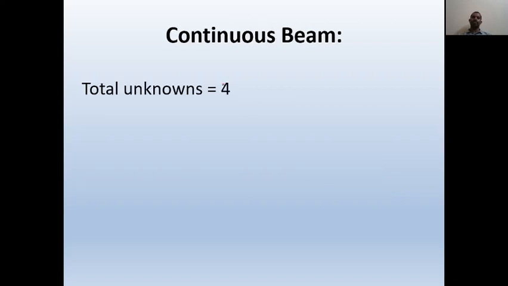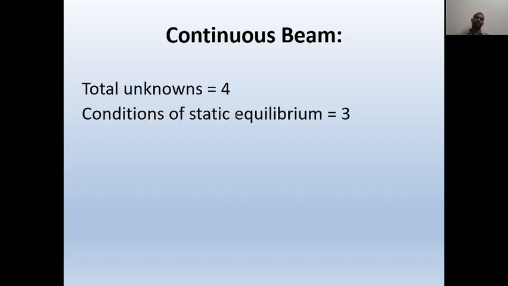Similarly, a continuous beam. For this particular case, he has taken three supports, wherein one of the supports is hinged and the other two are rollers. So 2 plus 1 plus 1, total 4. Something like this I'll draw over here: a hinged support at some point and roller supports at the other two ends. Okay, one more, let us say over here, like this, we have a hinged support and a roller support. So 2 over here plus 1 here, 1 here, and the total is 4.